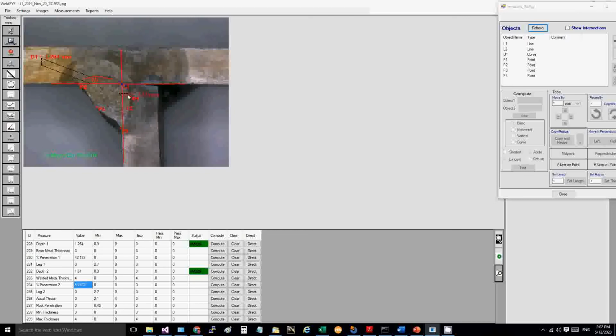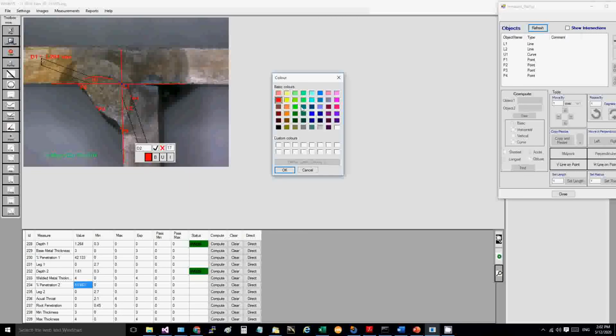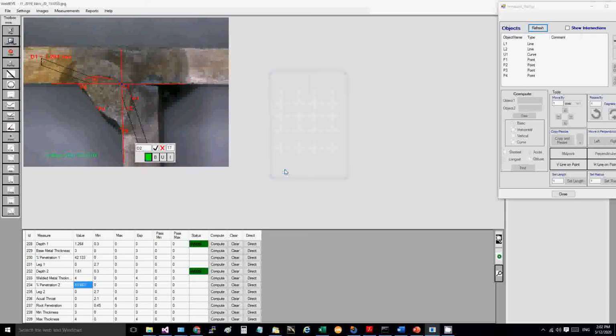If you want, you can drag it to the side. Make it bold, or if you want, you can change the color to green. Similarly, you can measure the leg, actual throat penetration, all the parameters.